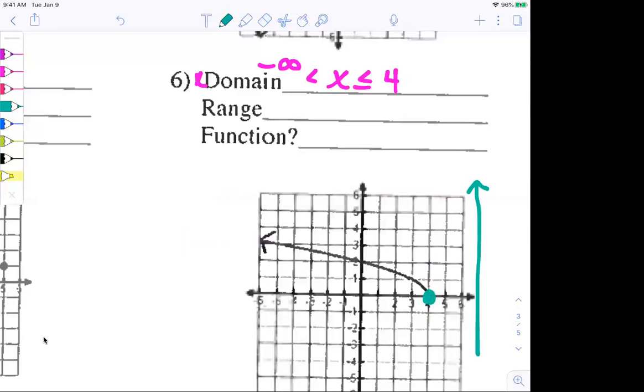So that's where my graph starts. And then it goes further above and above and above. But remember, range is y. So what's the y value at that point? If I have a point at the x value of 4 on the x-axis, what's its y value? 0. Yeah, so I could say this graph starts at 0. It's a point, so less than or equal to y.